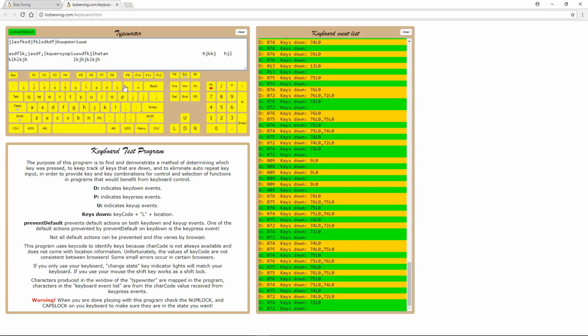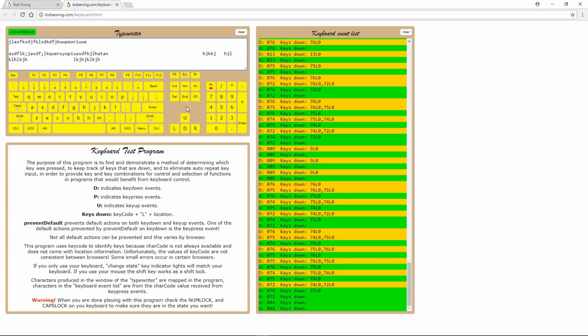These behaviors vary from browser to browser. One browser in particular doesn't even map a couple of these keys correctly, which is really unfortunate because that kind of breaks the program. Once those keys are pressed, it thinks those keys are down constantly. Also, print screen won't give you a key up event,